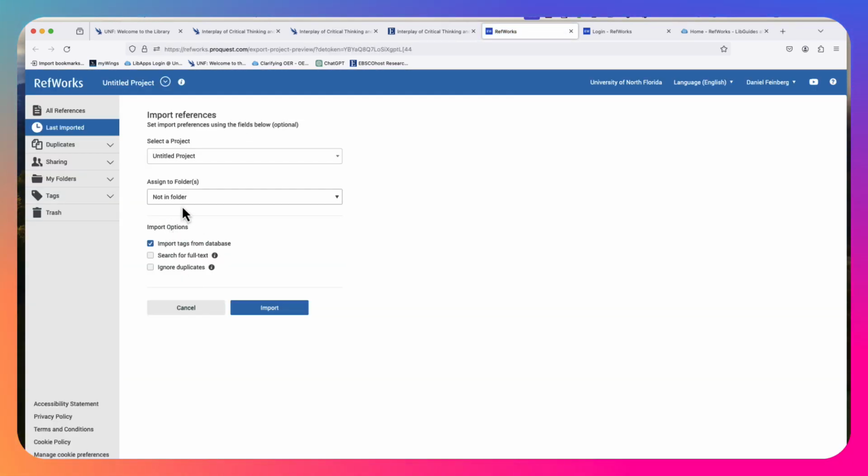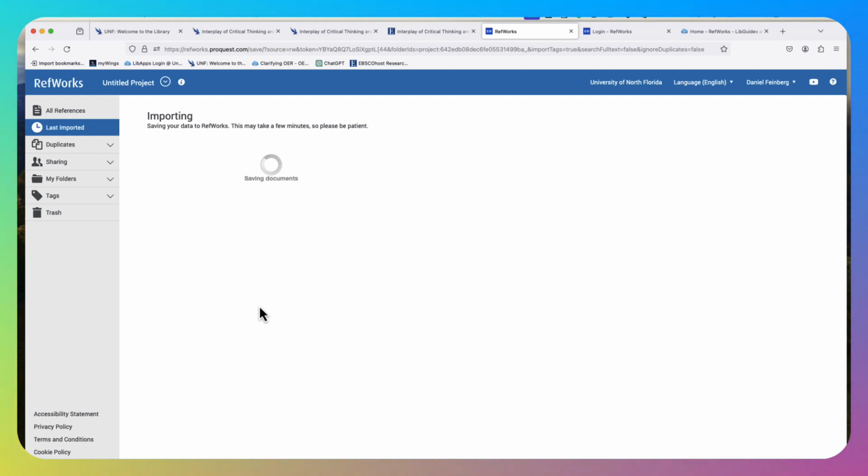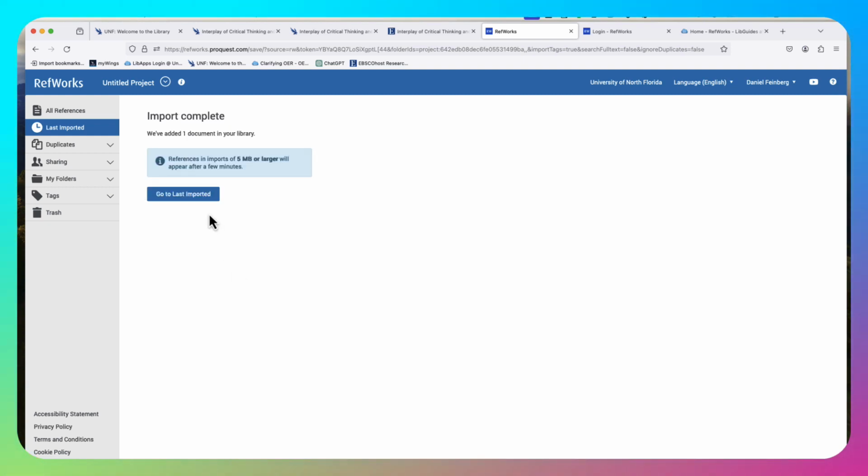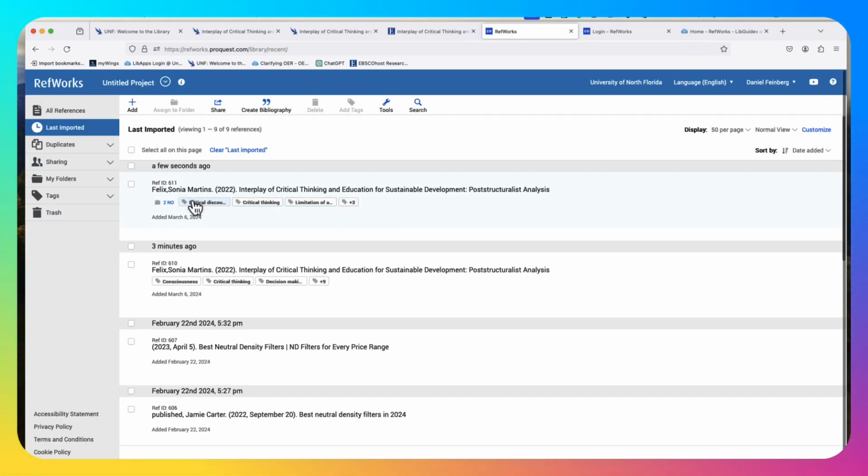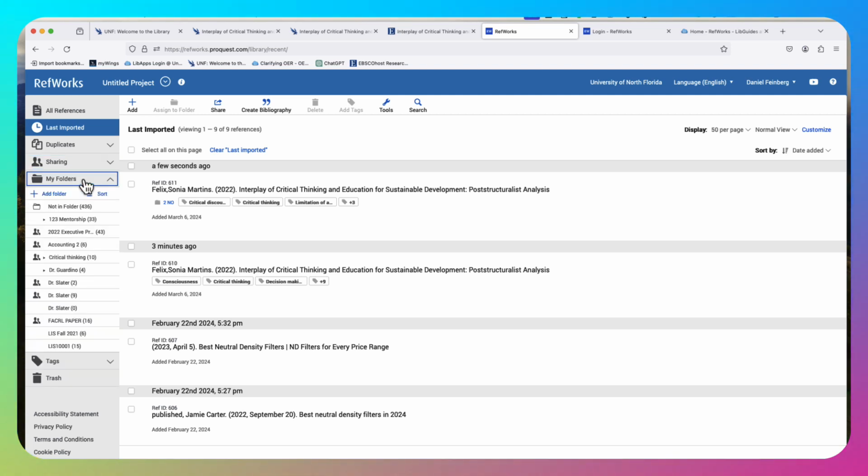And I'm going to put this into a folder. So what I'm doing there is I created folders, and I'll show you that in a moment. But that folder is right there. So what is on the panel on the left? First of all, the sharing option. This is something a lot of faculty do. They share folders when you're writing an article with a colleague from our institution.